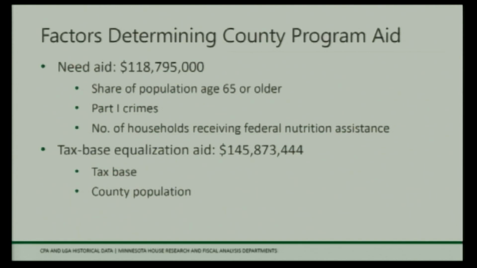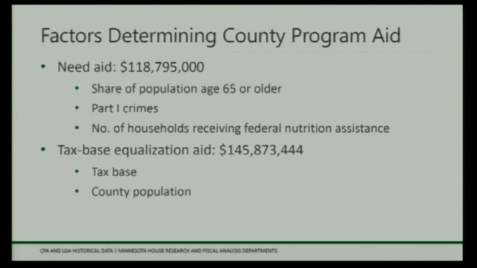All 87 counties receive some amount of aid. There are two separate appropriations that make up the total county program aid distribution. So there's the need aid distribution, which distributes about $119 million a year. And this formula distributes aid based on each county's share of the population in the state age 65 or older, the number of Part 1 crimes or serious crimes within each county, and the number of households within each county